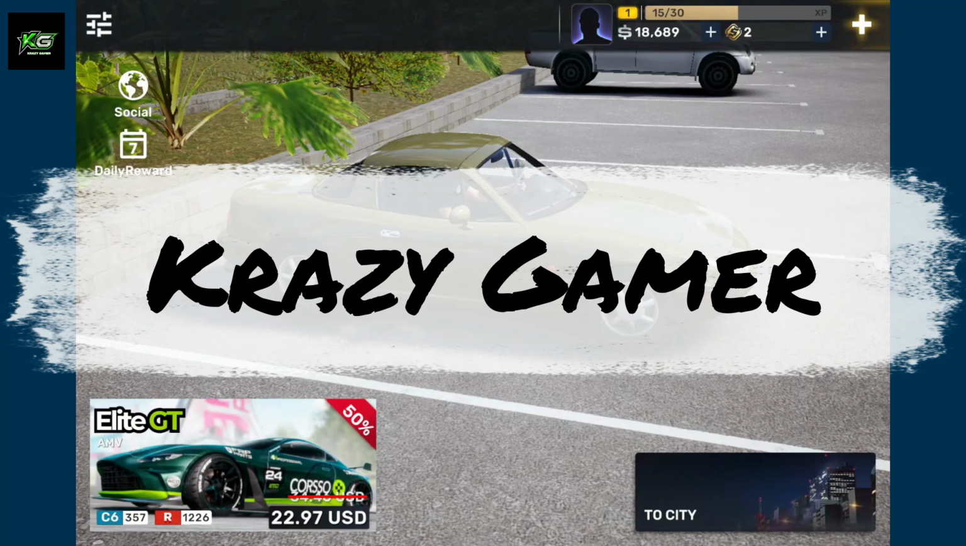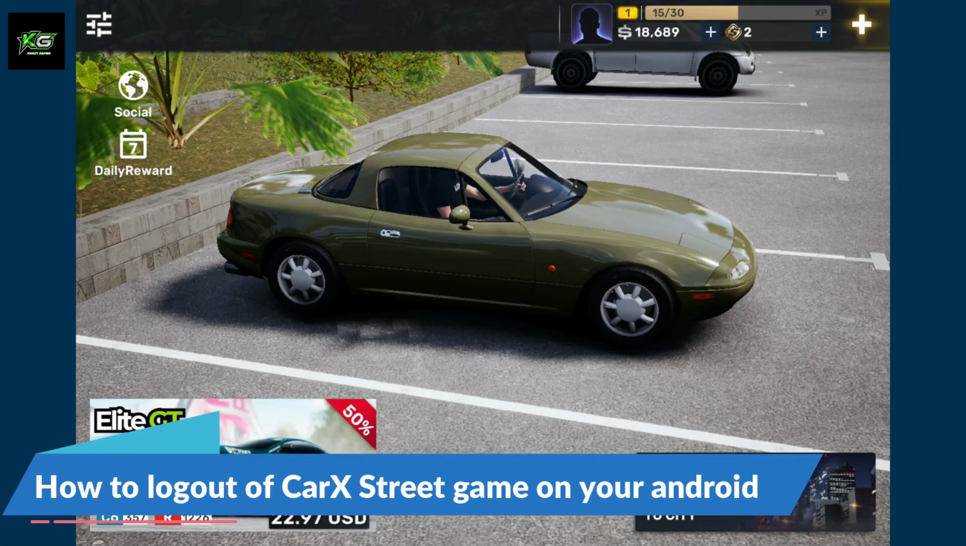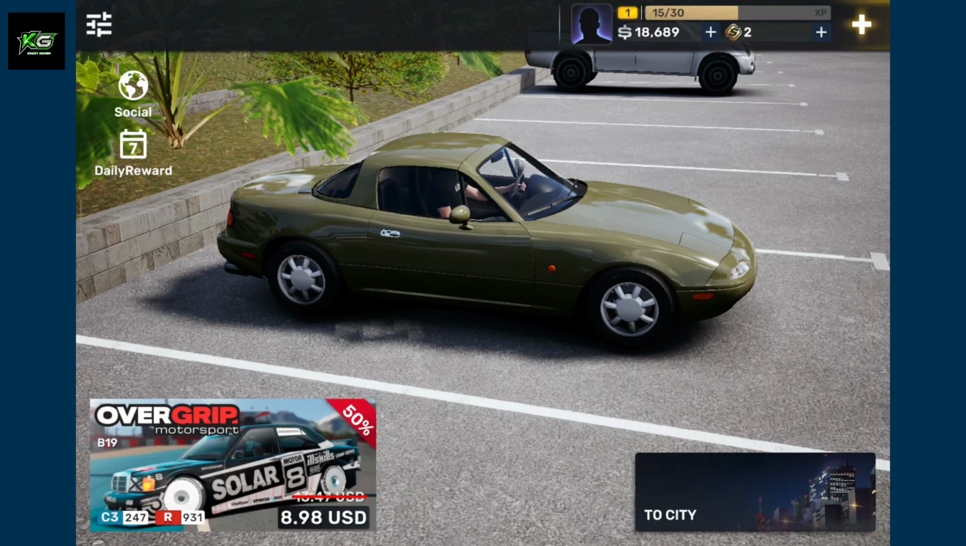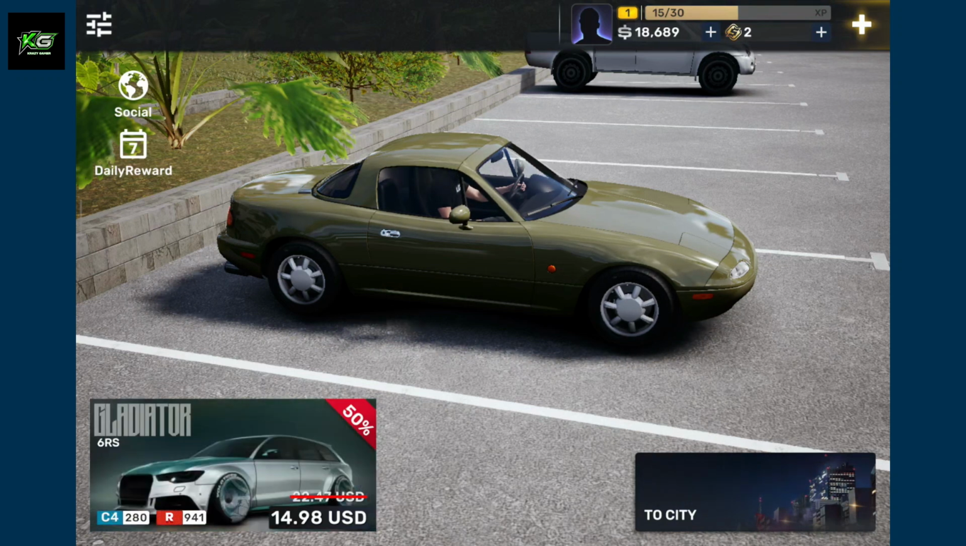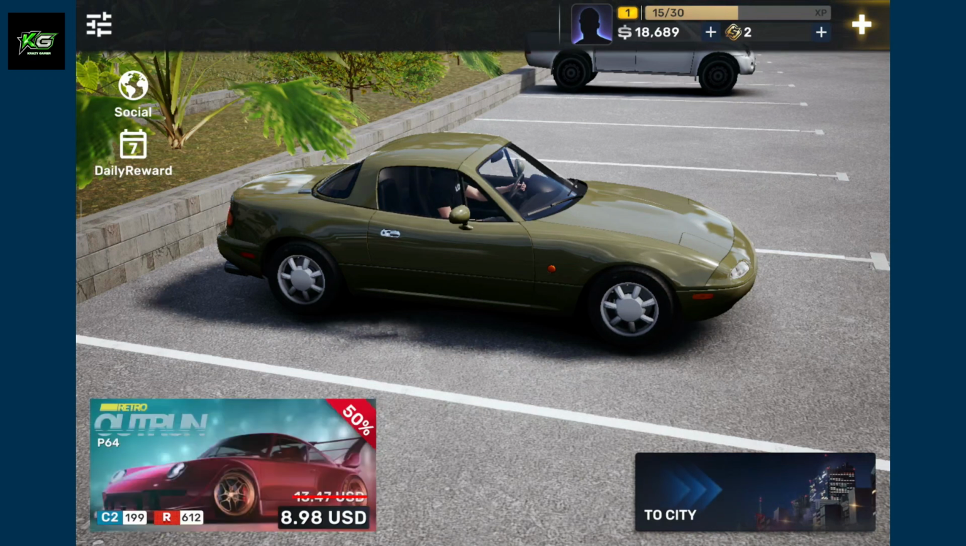Today in this video we are going to be learning how to log out of CarX Street game on your Android device. Whether you are using a mobile device or tablet, this process will help you safely log out of CarX Street. First of all, launch the CarX Street game on your device, and once you're inside the home